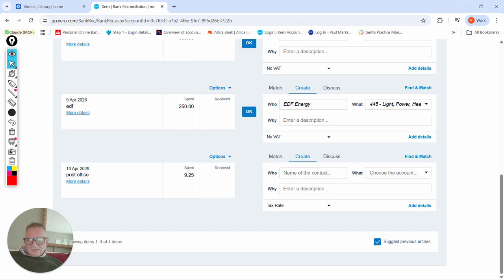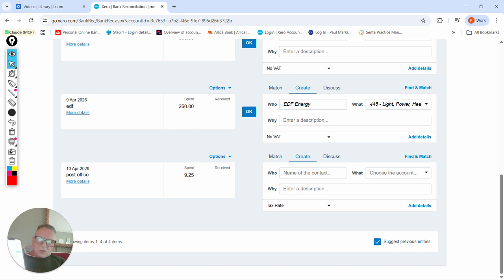The next is I spent that at the post office on postage, and I know that that's 100% business. Now there's another way to enter this using the Xero app on your phone. So you can take a picture of it. So I'll log into Xero, as I say, download Xero from the App Store. It will appear like something like that when you're in. There's a plus sign there. Press the plus sign